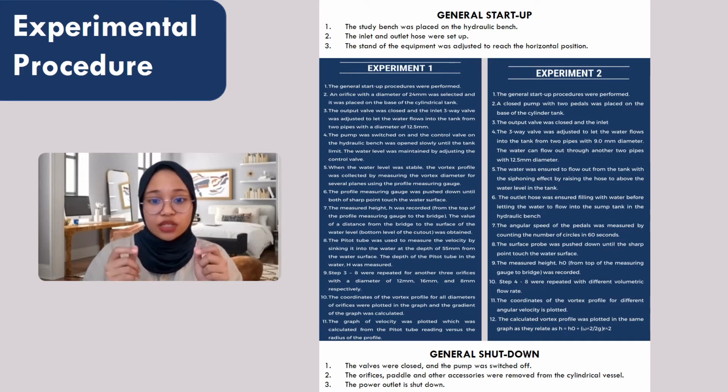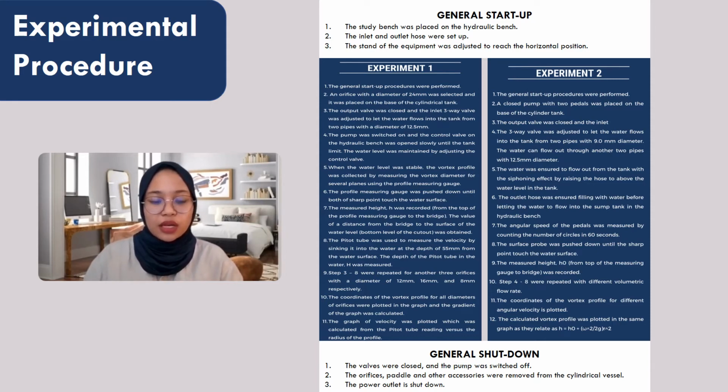The profile measuring gauge was pushed down until the sharp point touched the water surface. The height was measured from the top of the profile measuring gauge to the bridge. The pitot tube was used to measure the velocity by sinking it into the water at a depth of 55 mm from the water surface. Steps 3 to 8 were repeated for another 3 orifices with diameters of 12 mm, 16 mm,